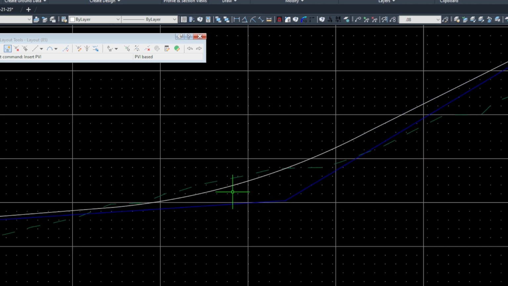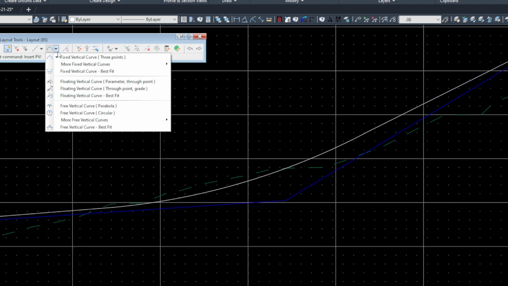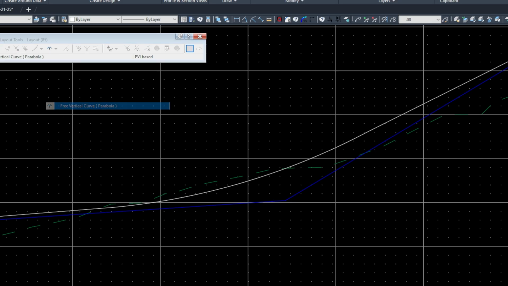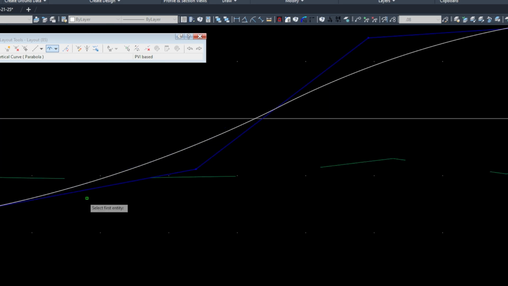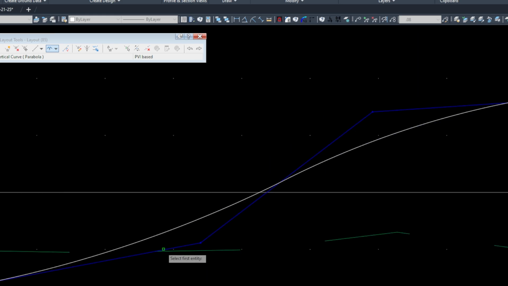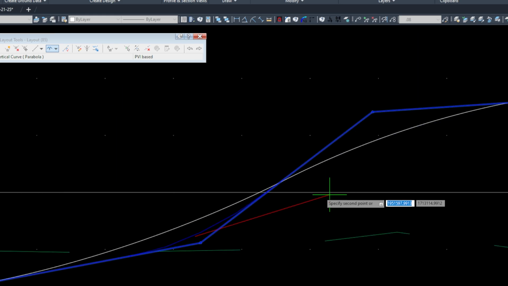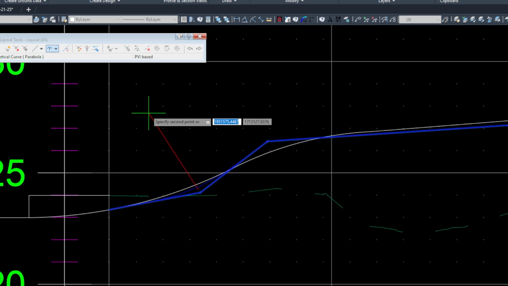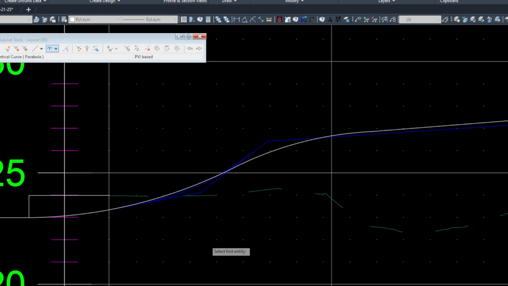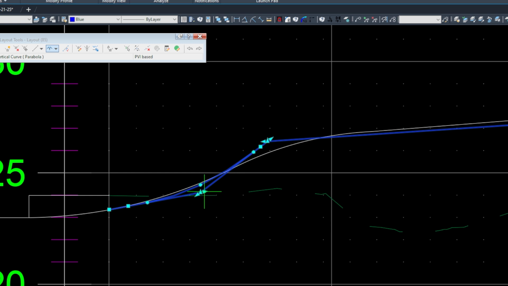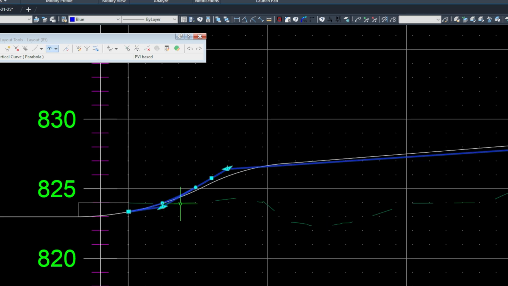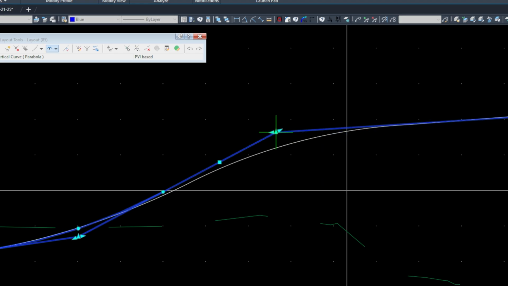And in order to add our curves here, we're going to go to the free vertical curve parabola. This is going to prompt us to select our first line and then our second line, and then we're going to click and drag to make it into a curve like this. So I'm just going to click this guy and drag, drag, drag like that. Okay, and then for this guy, I'm going to move him a little bit more forward, basically as far forward as I can. This guy's going to go this way,